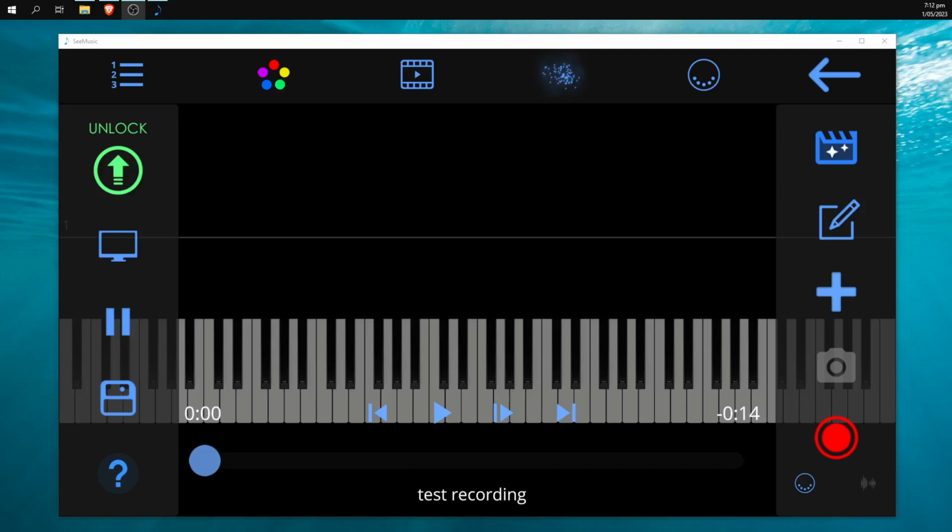Hello everyone, and today I'm going to be showing you how to record and export a song as a video file in C Music. So the first thing you're going to want to do is make sure that your MIDI